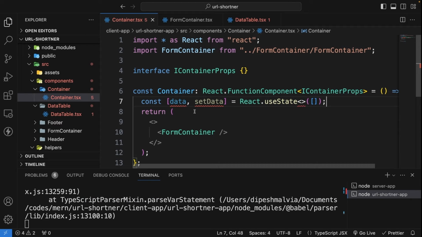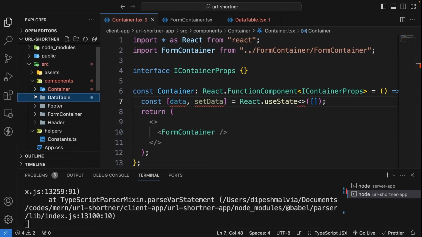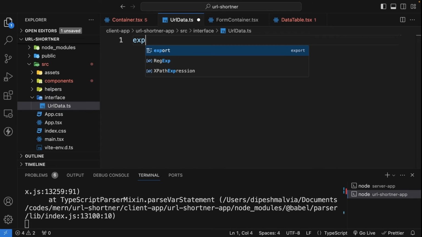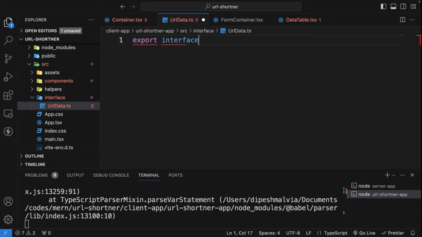For the type we will create an interface for the type of data we are going to have. So I'm going to go to source, and I'm going to have the interface. Now let's create a file here, and the name of the file is urlData.ts. And here I'm going to have the export interface URLData, and the type of our data will be,